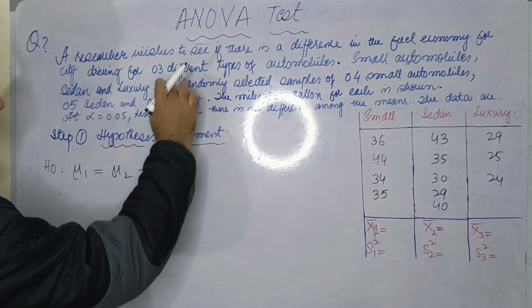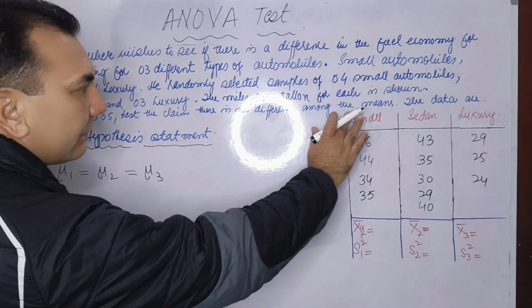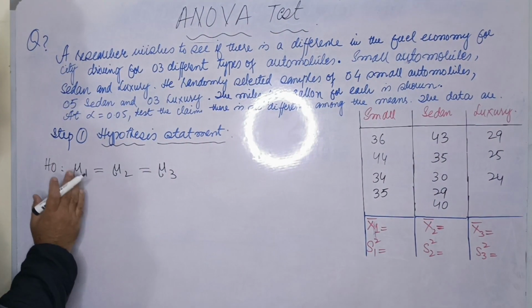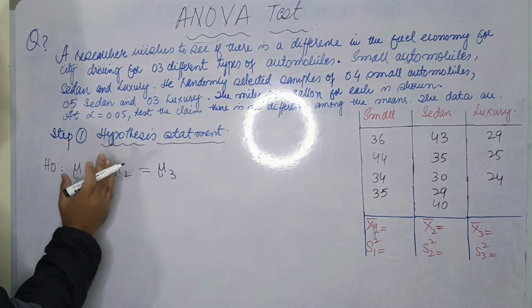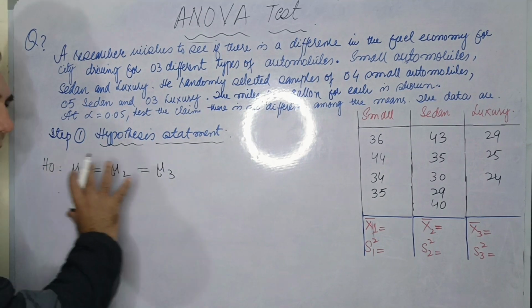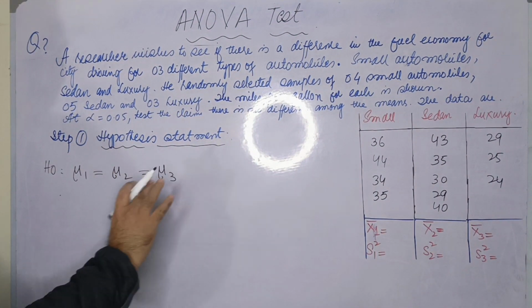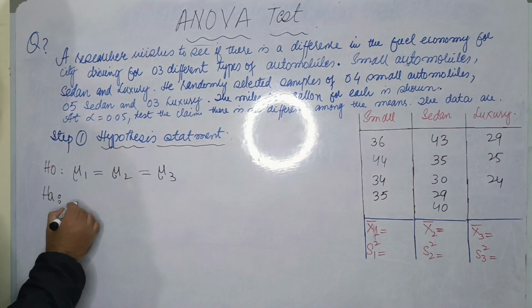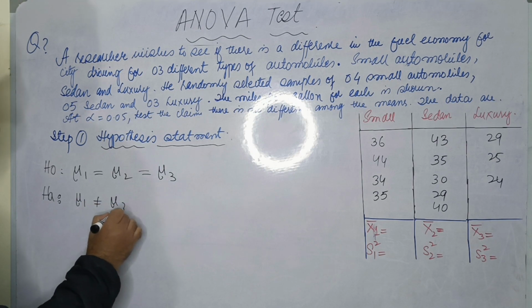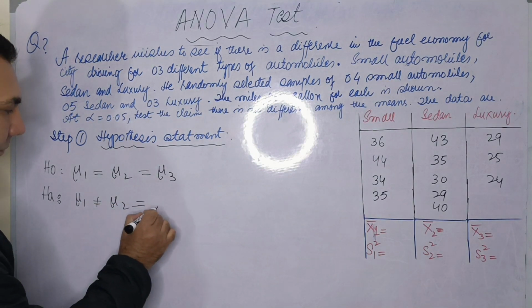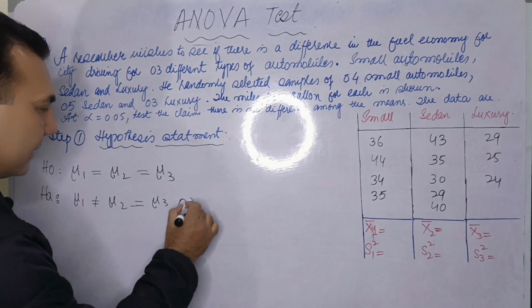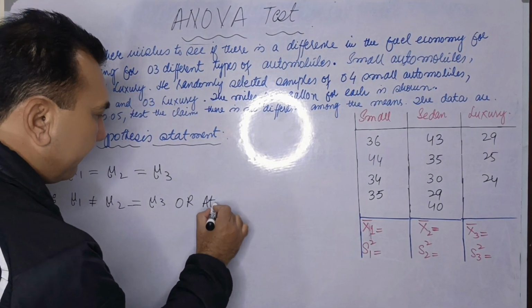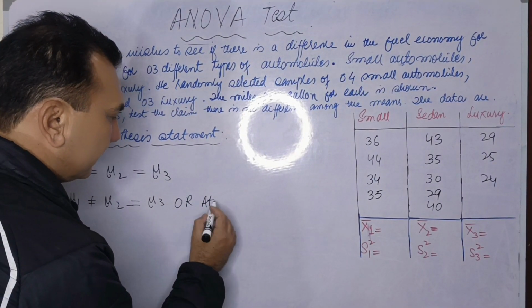What's his claim? The claim is that there is no difference among the means. It means that mu 1, mu 2 and mu 3, all three means, are equal. But the alternate hypothesis will be that at least mu 1 is not equal to mu 2, or mu 2 is not equal to mu 3, or you can write it like that, at least